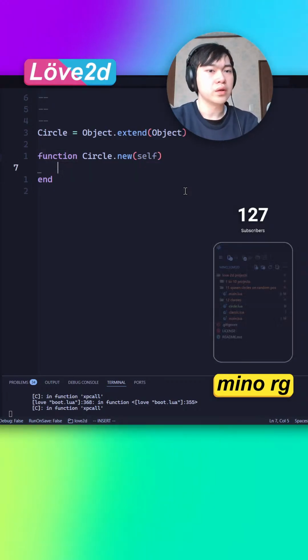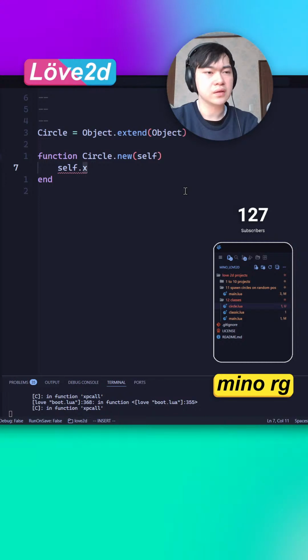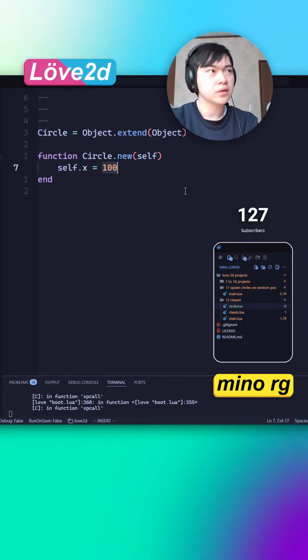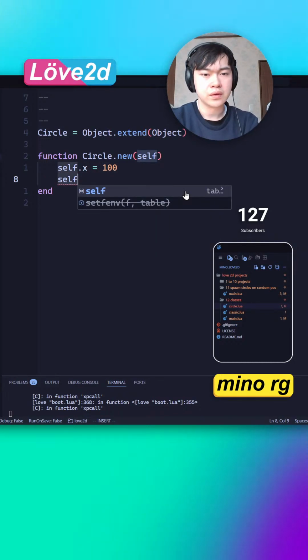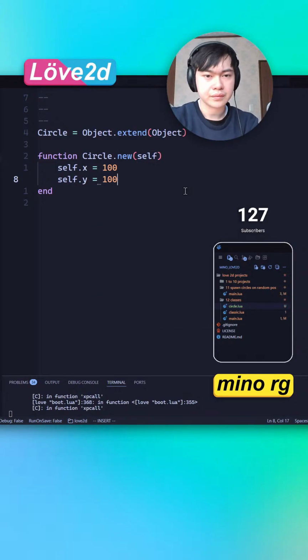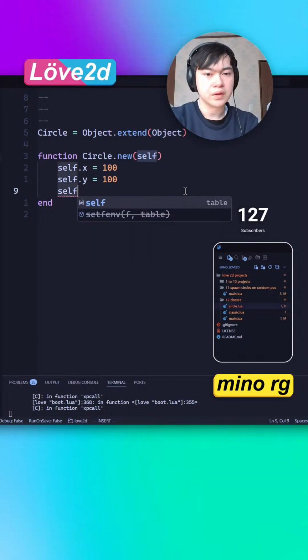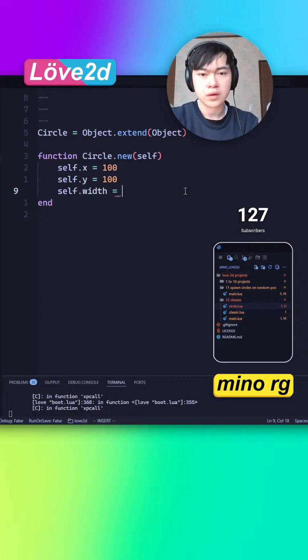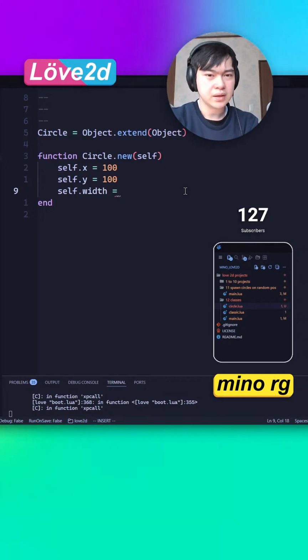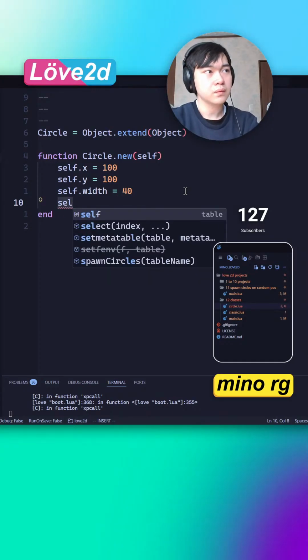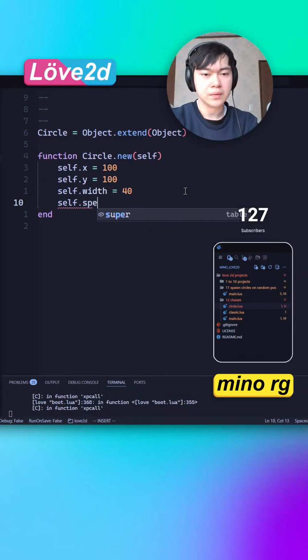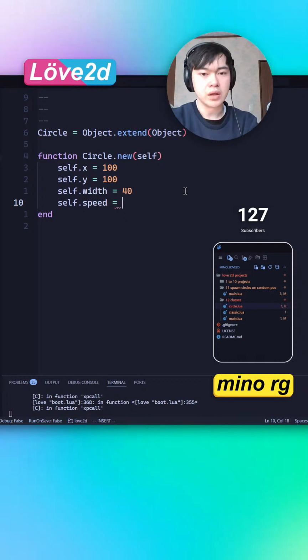And here we go. self.x equals 100, self.y is equal to 100, self.width is equal to maybe 40, and self.speed is gonna be equal to 100,